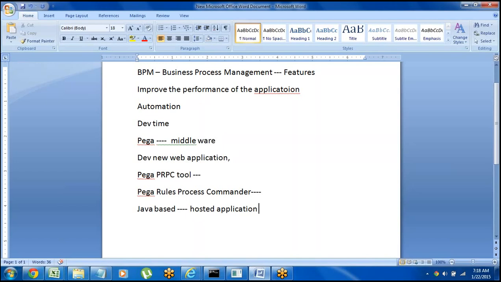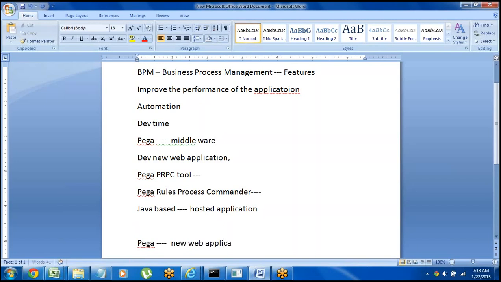So this Pega we can call one hosted application designed and developed using the J2EE environment. Normally this total Pega tool is developed using Java coding, and in this hosted application, again we can develop new applications.